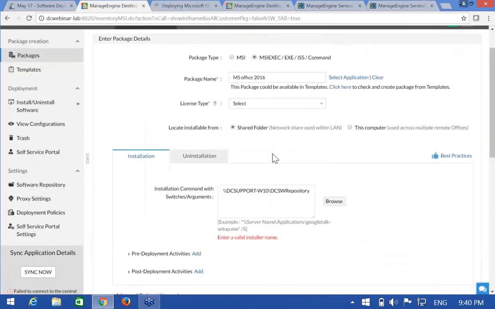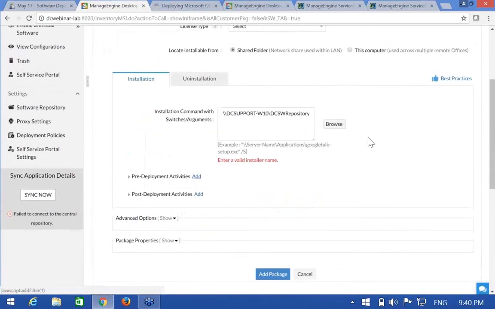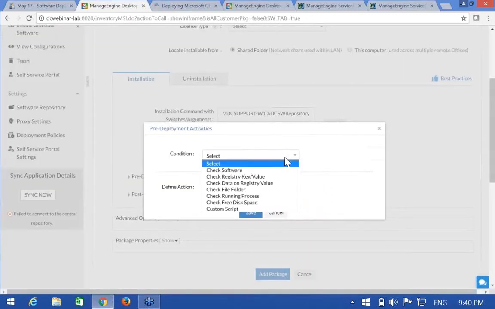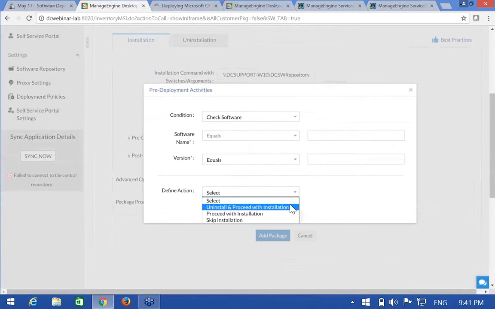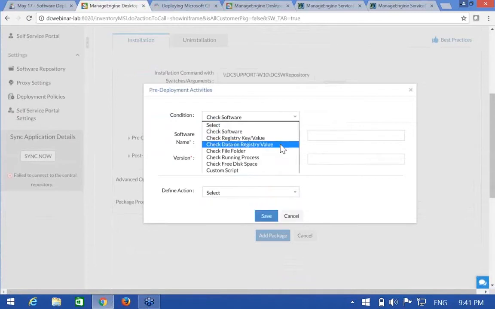So I have already created a package. I will show you. We have predeployment activities here. For example, I want to apply certain conditions before I go for deployment. Let's say I want to install the latest version of Java. Before installing Java, I want to uninstall the older version. I can check for a particular software. Based on the condition, I can either uninstall and proceed with installation or just proceed with the installation. Likewise, I have the option to check for the registry, file folder operations,